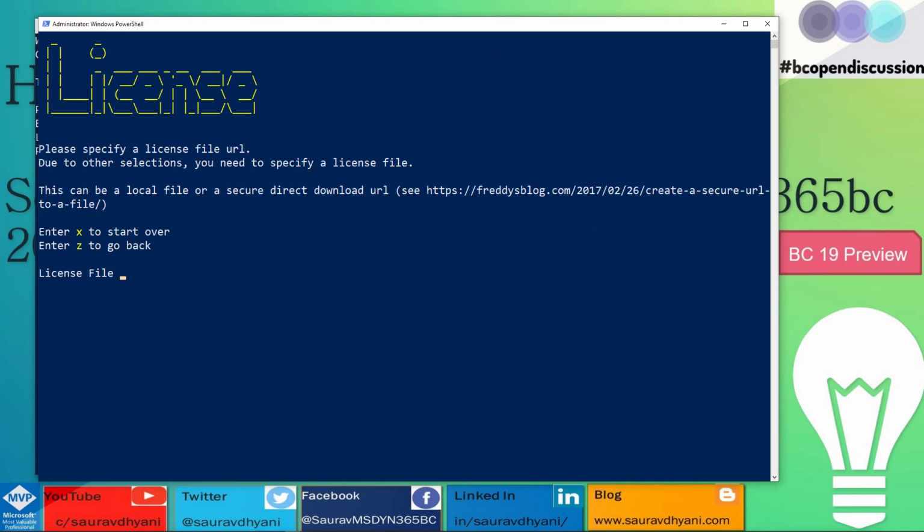Then it needs a license. As I said, if you have selected some of the options which will require a license, you need to attach the license. So I'll just go ahead and attach my license here. Okay, that seems incorrect. I should pick this path. Okay,